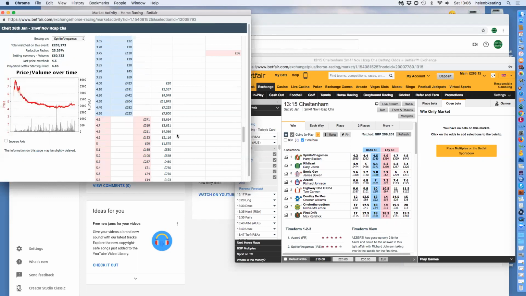Now, the important thing to remember is when you find an overweighted horse like this, and this is reasonably significantly overweighted, it means that more money is going into this horse, and therefore, when a movement happens in this horse, when the price starts to change, there's a lot of money going there. So basically, it takes more to shift it. There'll be more money being bet to back this horse, more money being bet to lay this horse than the average horse would expect, and therefore the movement of the price is more significant